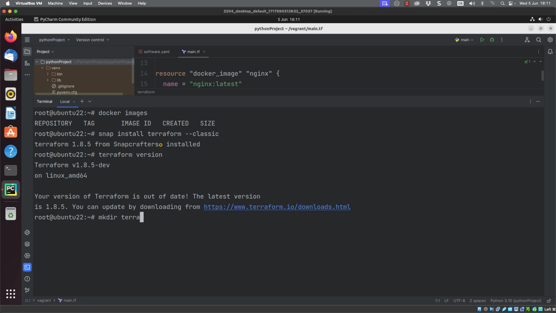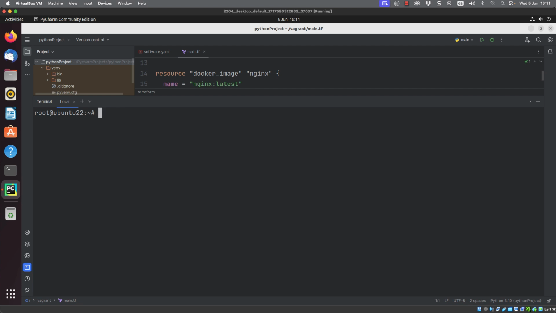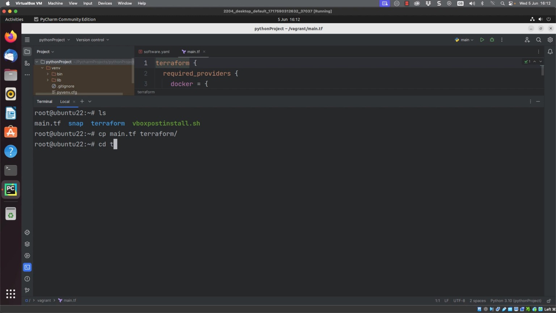I'm going to create myself a directory to work in, so I'm going to just call it terraform, but you might have different projects below that. I can copy from the Vagrant directory the main.tf that we were looking for, and I can copy it across to my current directory. And of course, when I list it here, it's going to be in my home directory, so ls. Of course, I need it in my terraform directory to organize my resources that we are creating. So I'm going to copy the main.tf through to terraform and move into the terraform directory. And then from here, when we list it, we've got the main.tf.